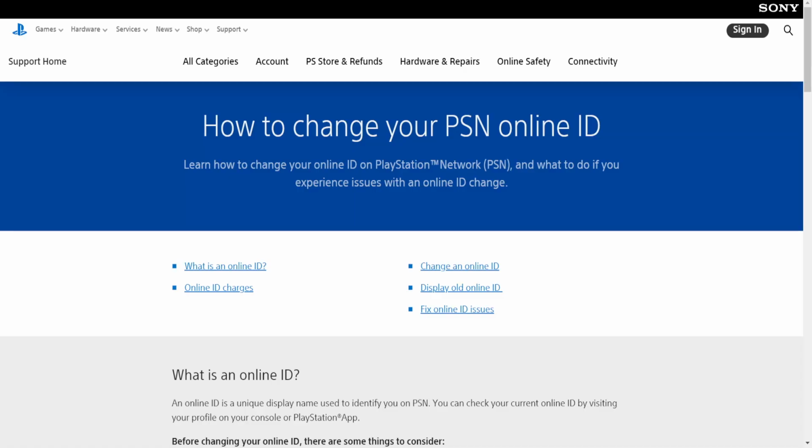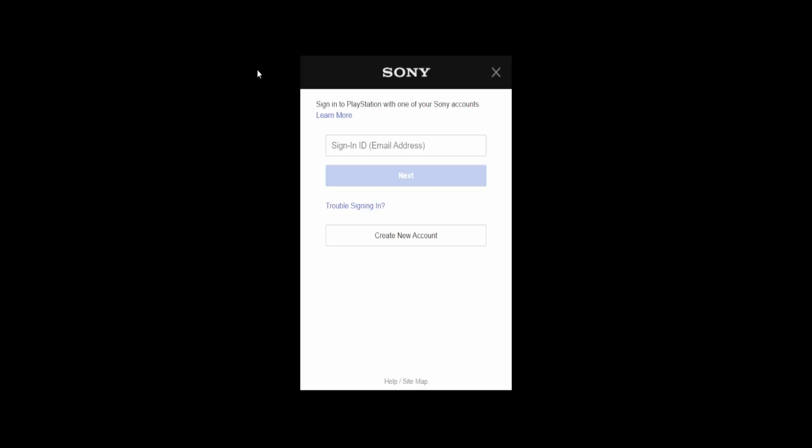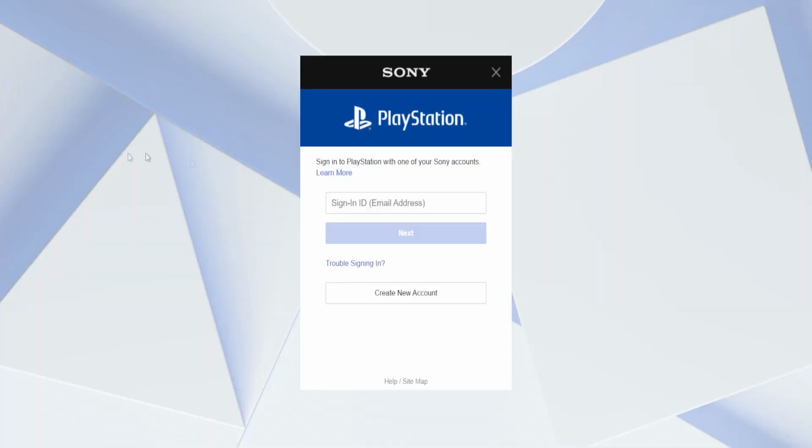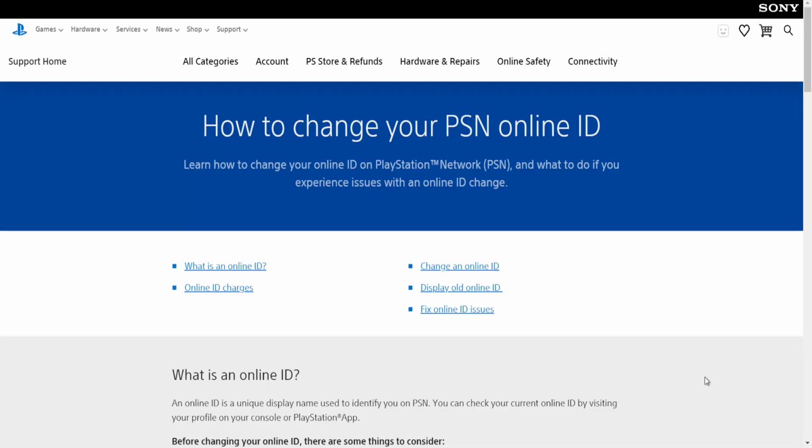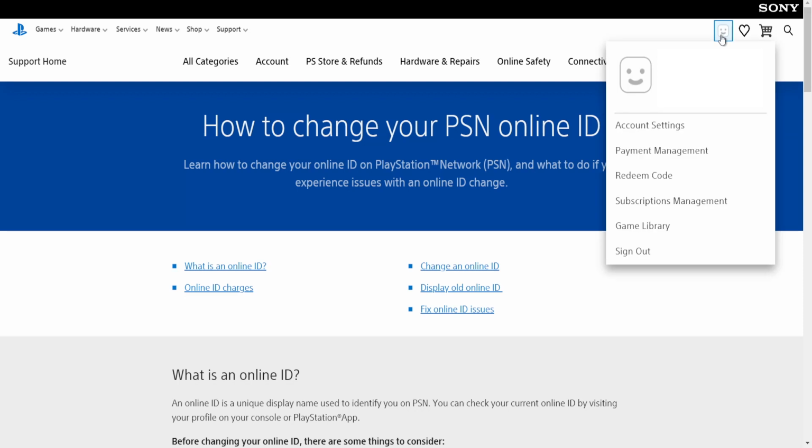All right, first thing you want to do is go to PlayStation.com. Once you get here, you're going to obviously click sign in. It's going to ask you for your ID and your password. Obviously, you log that in. Once you log in, it's just going to take you back to the same page. If you have an avatar, it's going to pop out right here on this corner. So what you want to do is just click on that